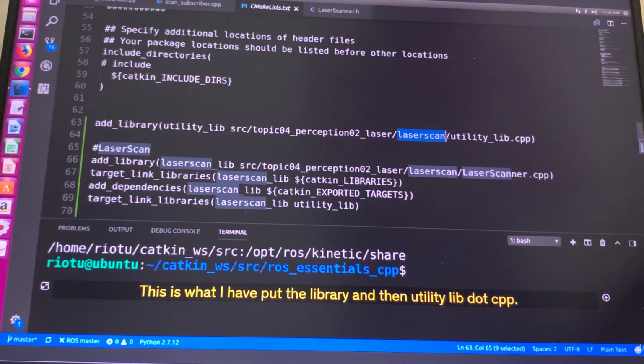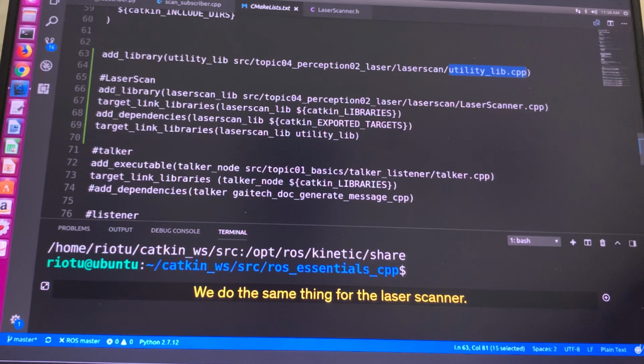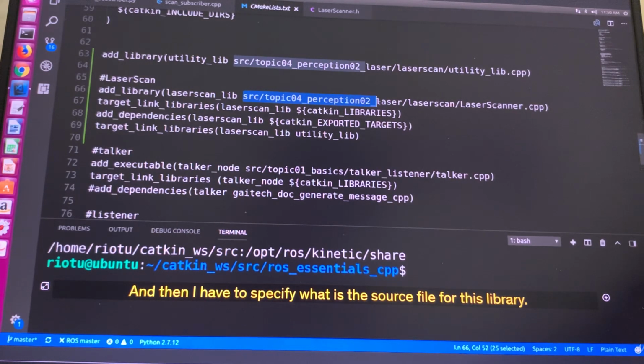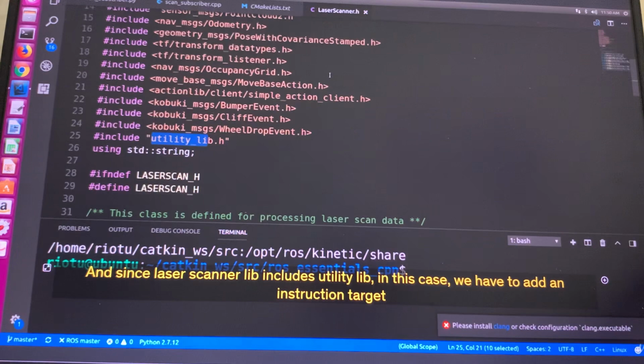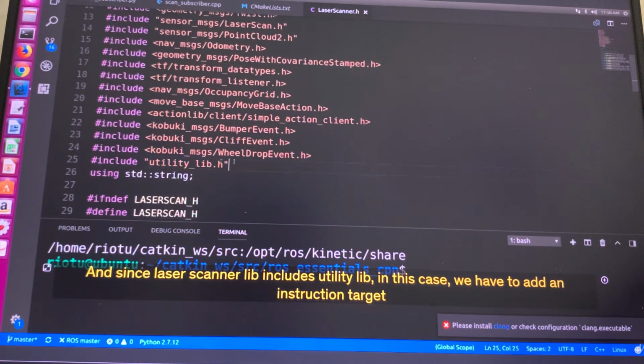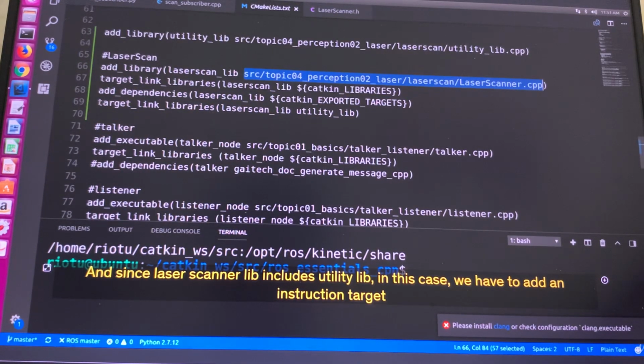Okay, this is where I have put the library, utility lib.cpp. We do the same thing for the laser scanner. So I'm going to create a library called laserscanner lib, and then I have to specify what is the source file for this library. And since laserscanner lib includes utility lib, in this case we have to add an instruction